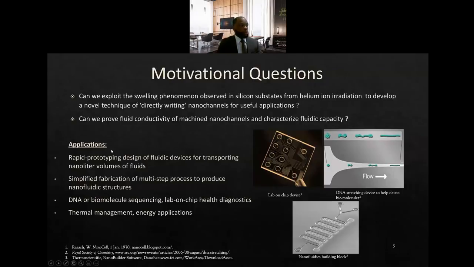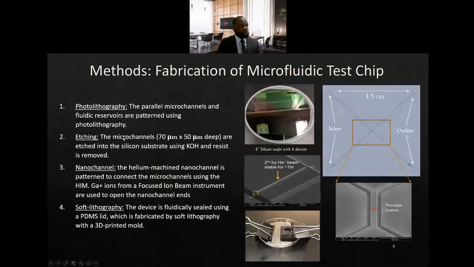So the ability to do this can lead to several applications, some of which are listed here. DNA or molecular sequencing for lab-on-chip health diagnostics, also some level of thermal management or energy application, as well as others. So in order to test the fluidic conductivity or do any testing of that sort, we had to